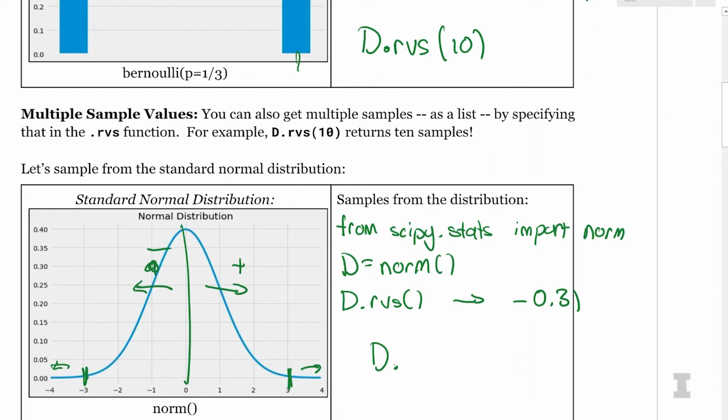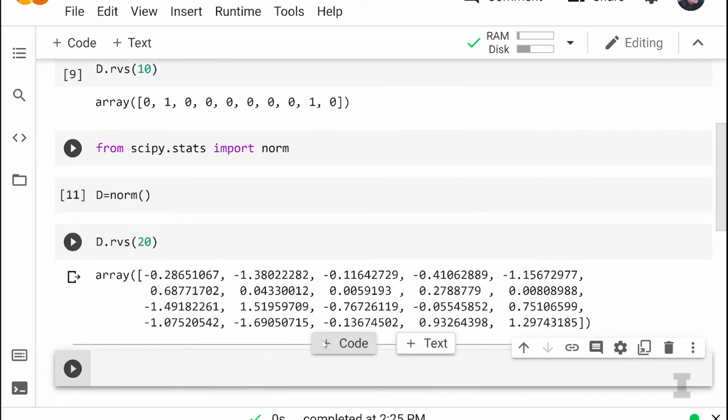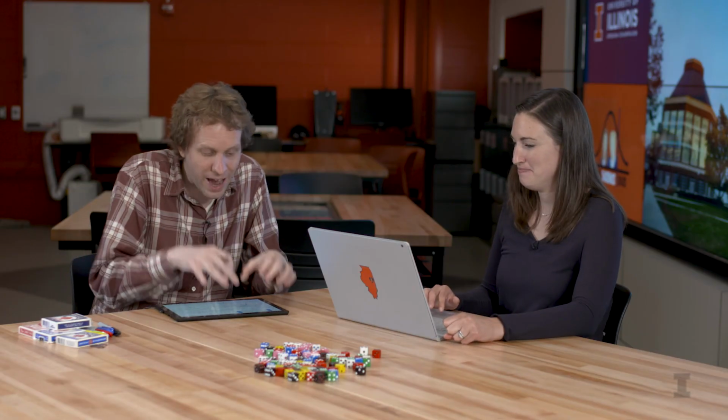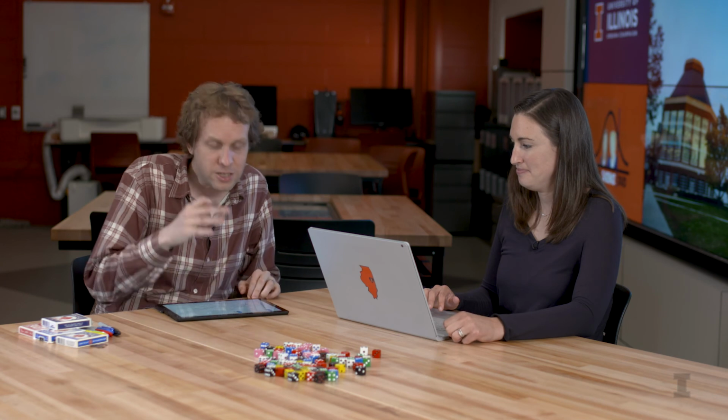So if I do D.rvs of, how many do you want to do? Let's do 20. 20? We should see 20 different values. Yes. And are about half of them negative? Yep, half negative, half positive. And are they all sort of in the range of 0 or 1-ish, plus or minus? Yes. The biggest one is 1.51, it looks like, and the smallest one is -1.7-ish. So that's exactly what we expect to see. All the values are clustered, and there are probably going to be more values around 0, either plus or minus, than around 1s. Yep, exactly.